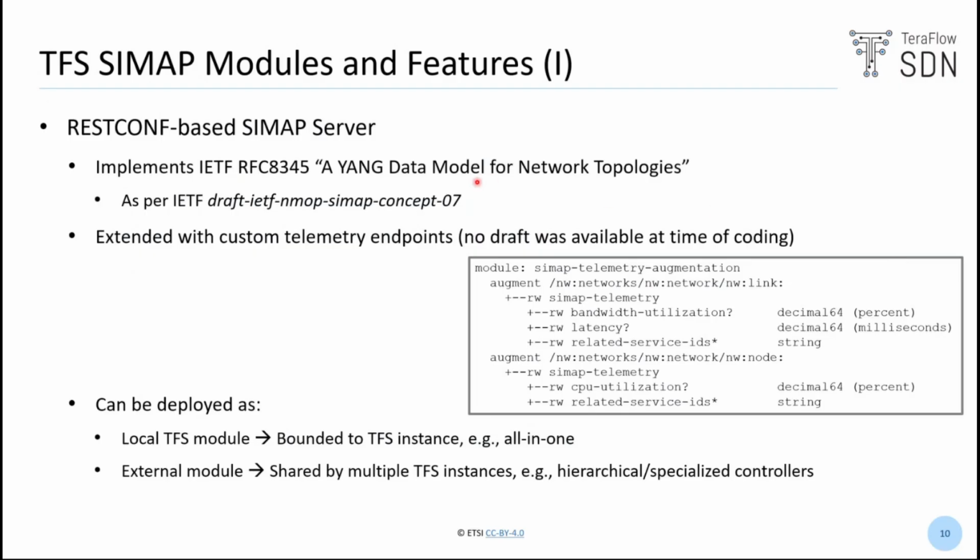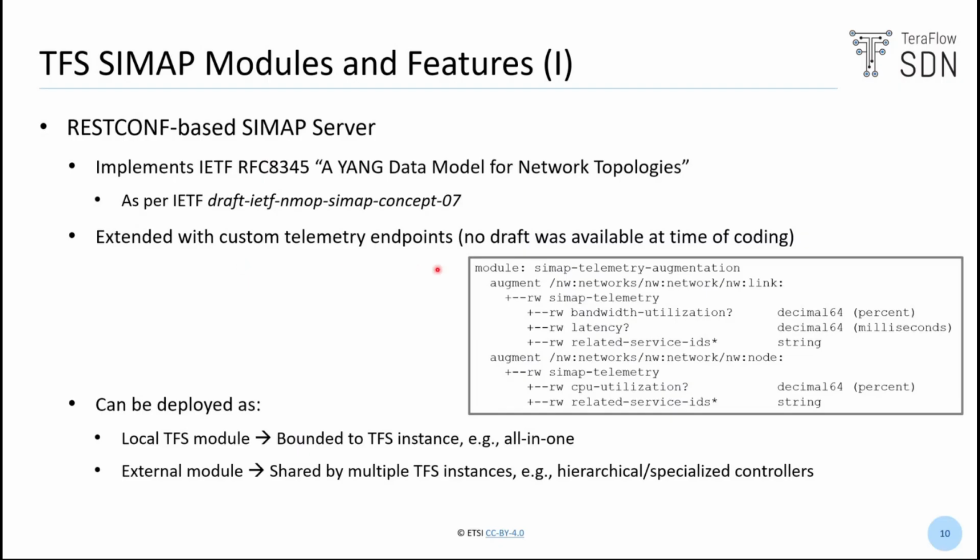Then, in terms of, well, this is more or less what I was mentioning. So how is this SIMAP server implemented? Essentially, it's based on the IETF RFC 8345, which is the data model for network topologies. This is the basis for SIMAP, as it is defined in the last version of the draft. And then on top of this network topology data model, you can implement augmentations, okay, and extend it with whatever